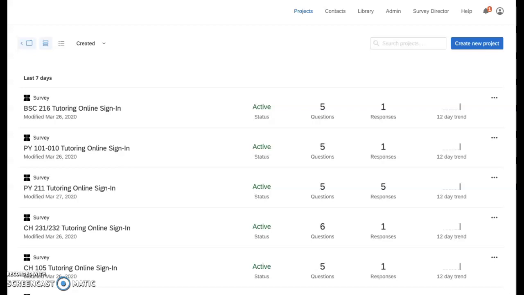I am here to give a quick demonstration of my workaround that I think will help prevent Zoom bombing or unwanted visitors to your Zoom classroom area. So as you can see, this is my Qualtrics screen, and I have a series of tutoring online sign-ins. I'm not running classes per se, but instead tutoring sessions. But we have the same goal of making sure that students who should be accessing tutoring sessions are the ones